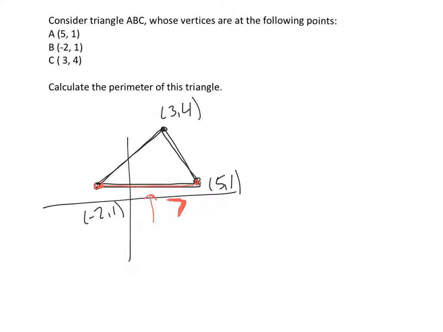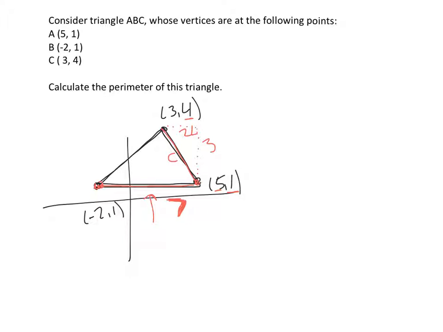Now I want to find the distance from here to here. This is a little trickier because it's at an angle. So I'm going to just sketch out a right triangle and say, okay, what is the vertical leg of this? It goes from 1 to 4, so it goes up 3, and it goes from 5 to 3, it goes over 2. It doesn't really matter if I consider it positive or negative, I just want to know the distances. So this goes up 3 and over 2, and this is a right triangle, so I'm trying to find this